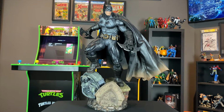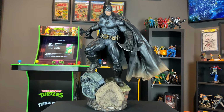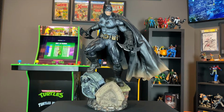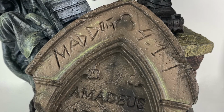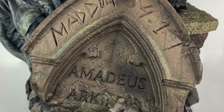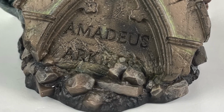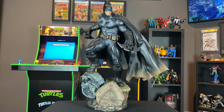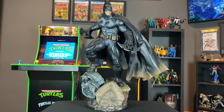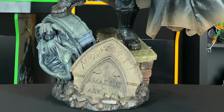I think the concept of the base is really cool. What we have here is a shout out to Amadeus Arkham, who was the son of Elizabeth Arkham, his mentally ill mother. When she passed away, she willed her house to Amadeus, and he turned it into basically a place for the mentally ill. As we can see there on the base, also on what appears to be Amadeus Arkham's tombstone, maybe,